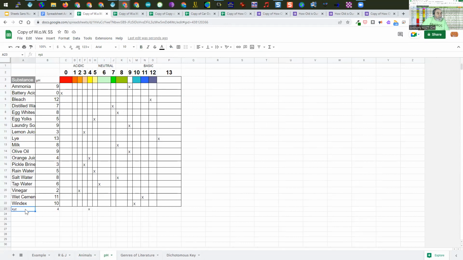So when they have a different chemical, they would come in here, put in the name of the chemical, ABC, and then they would see what the pH is. They come along here and say, oh, it looks like it's a 10. They would type in 10 down here, and they put an X under the 10 category, and that would show where it was at. And again, the way you would use this particular spreadsheet is you would come up here